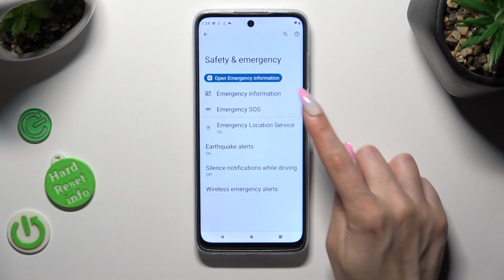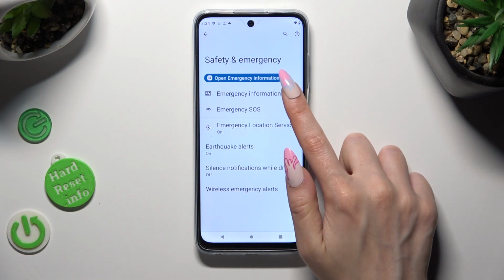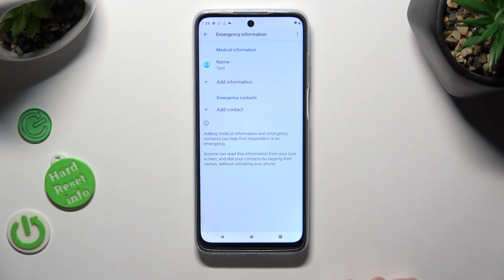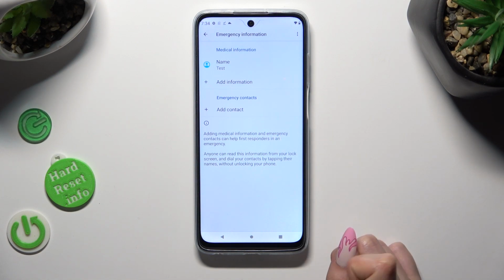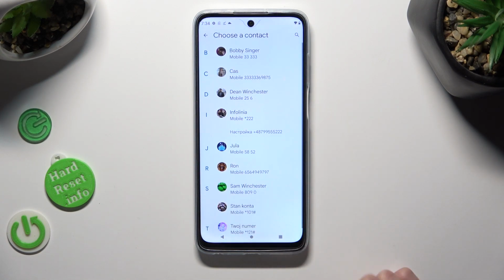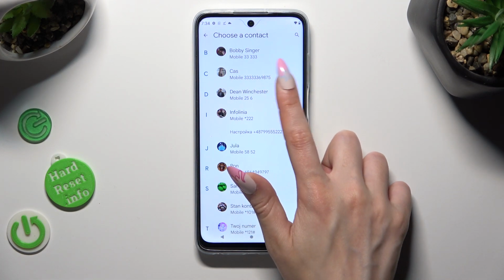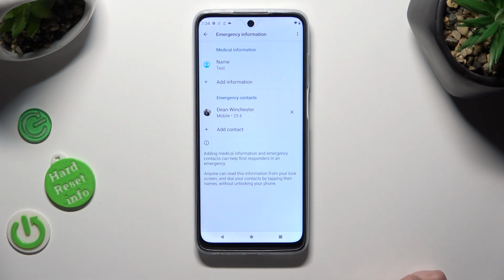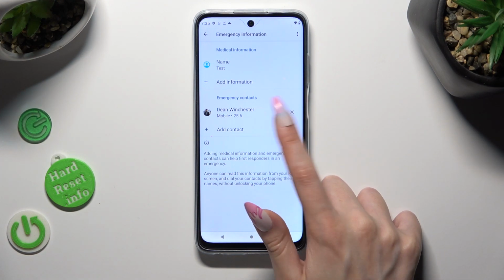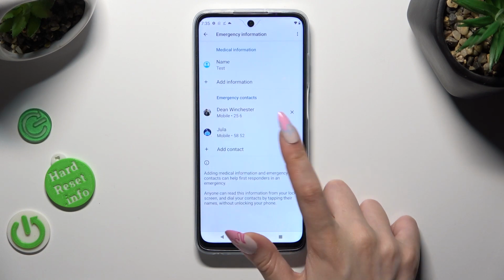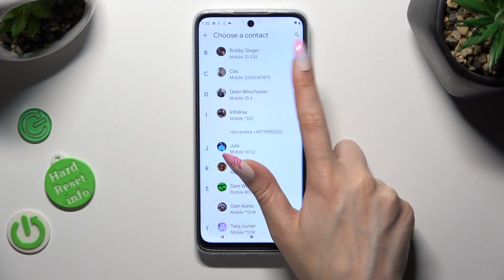Now tap on Emergency Information and select Add Contact under Emergency Contacts. Then tap on the chosen one that you wish to add. By tapping on Add Contact again, you can add a second one and even a third one,